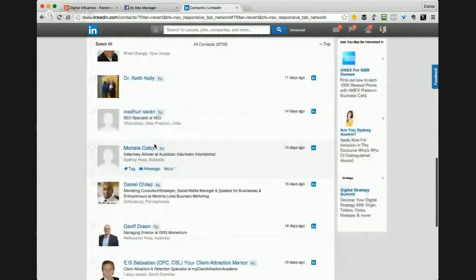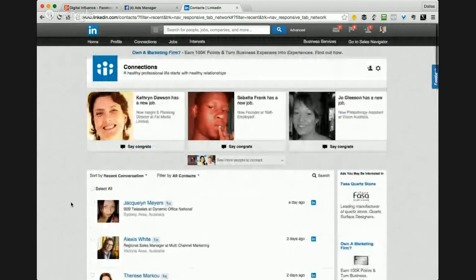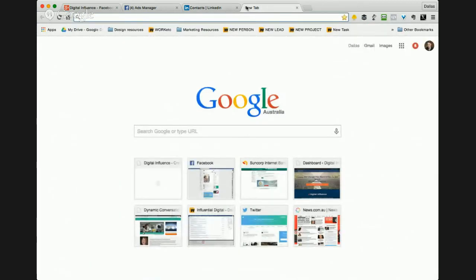There has been a lot of issues on LinkedIn with harvesting of data by third-party apps, and so even what we're doing here is almost against the terms of service. You're certainly allowed to download your contacts, but as I said, things change on the internet all the time.